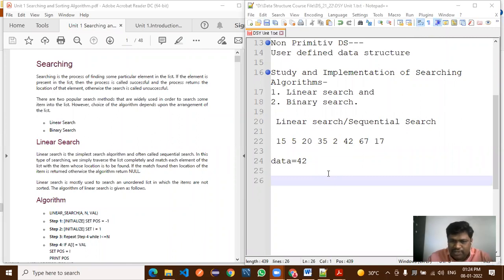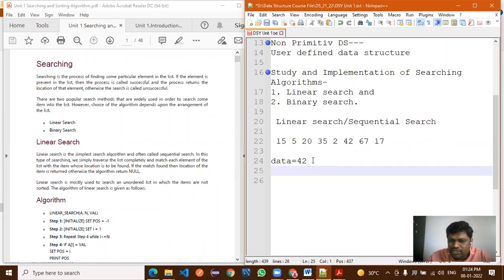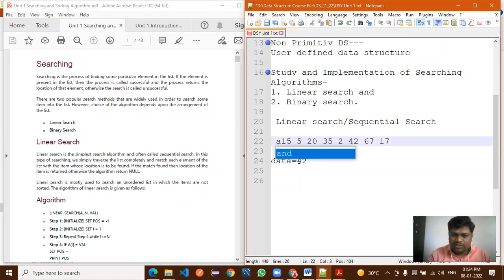Now how to search this 42 in the list? Here you have stored this list. So what is the size of this array? What is the array size here? 5, sir.